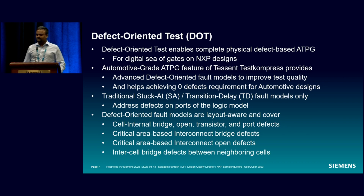It's more like a marketing pitch, but I just want to bring the audience up to speed if you haven't worked on DOT, right? The new DOT feature of Tessent enables complete physical defect-based ATPG for the digital sea of gates. It provides advanced defect-oriented fault models and is supposed to help achieve zero defects on automotive designs. Like I mentioned before, the traditional stuck-at and TD fault models only address the faults on the ports